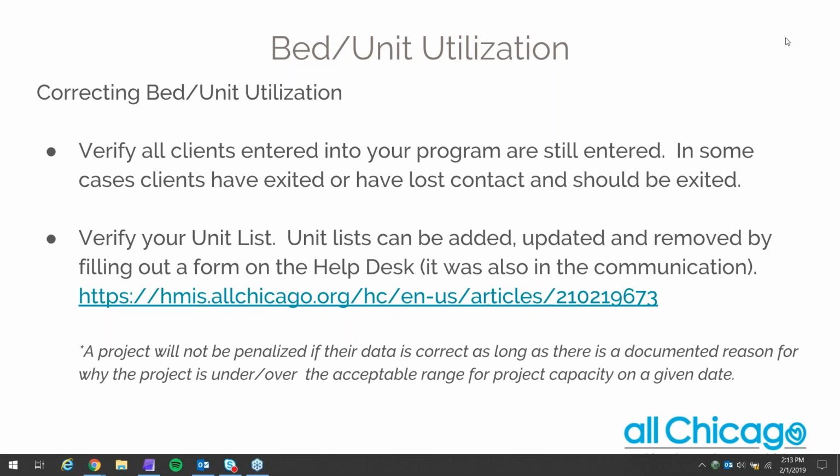And one of the most important things down here is that a project would not be penalized, right, if their data is correct, as long as there's a documented reason for why the project is under or over the acceptable range for project capacity on a given date. So as long as you just give us a reason as to why it's over or under, then we can go ahead and just mark that as a note for data quality, so that we know that,